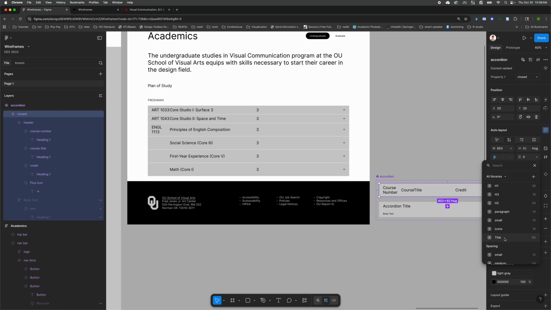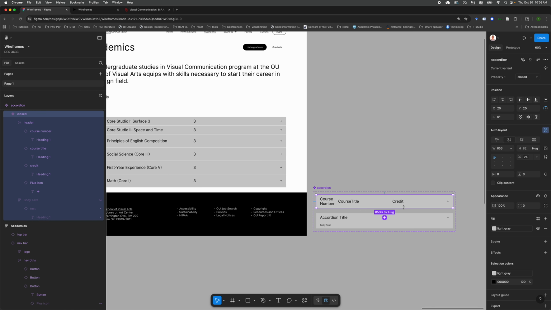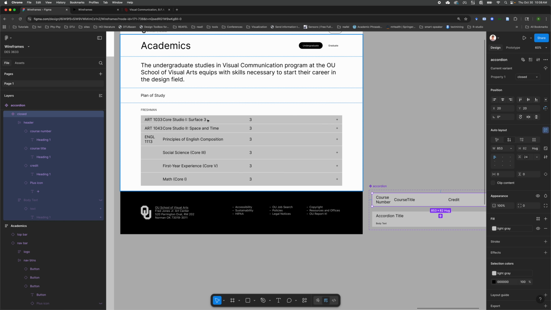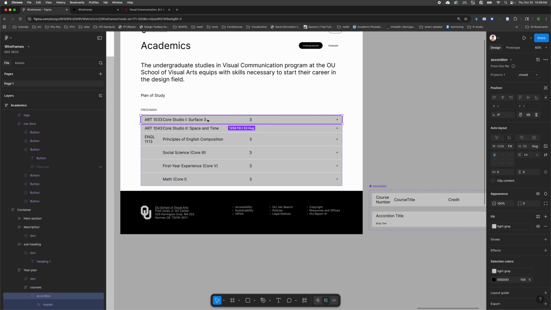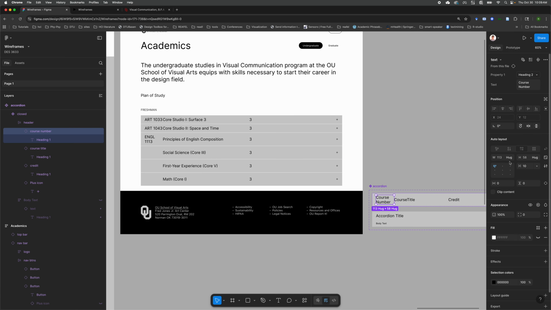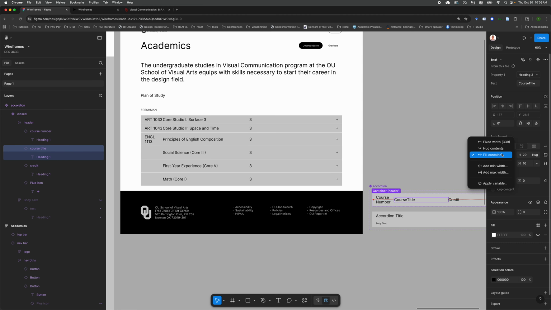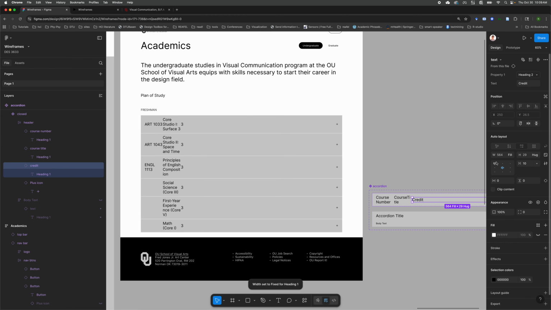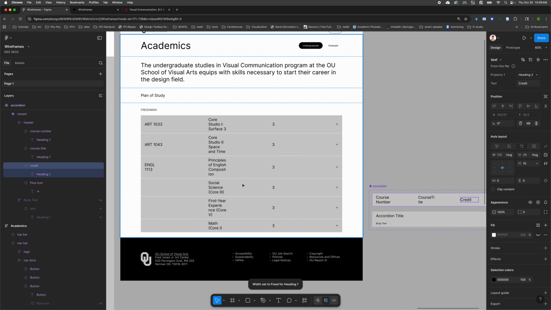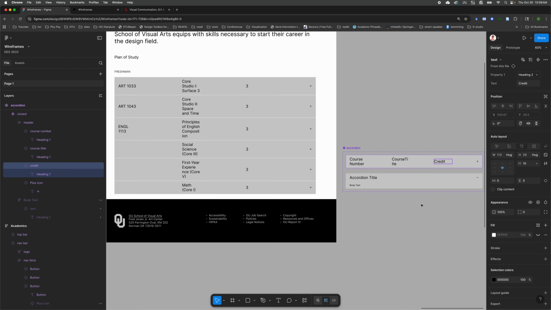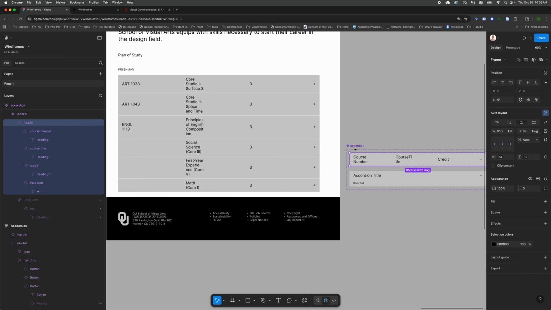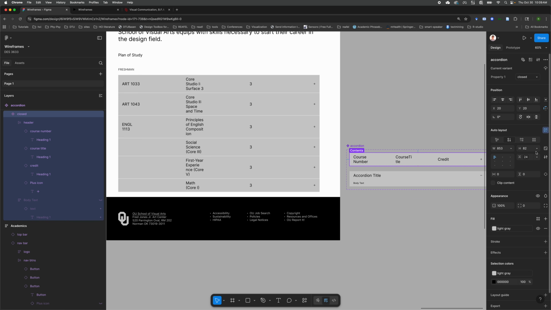Gap between items, I want medium. Well, it doesn't do anything. What's going on? Oh, okay. Hug content. So all of them have hug content. And gap between items, why is it